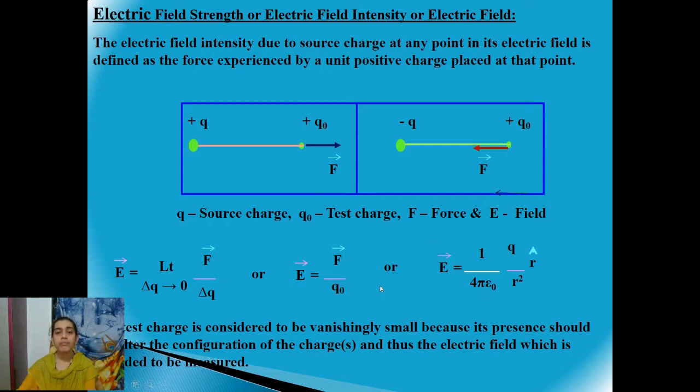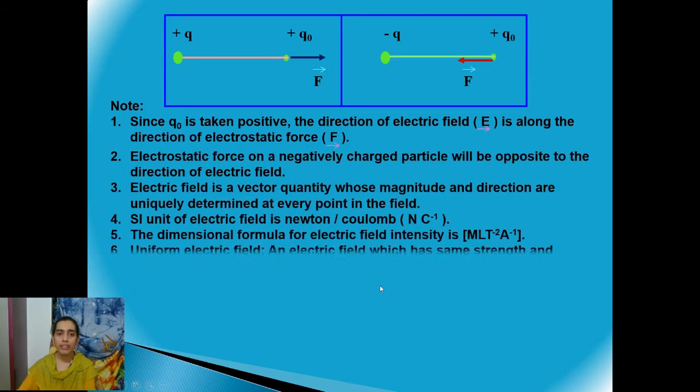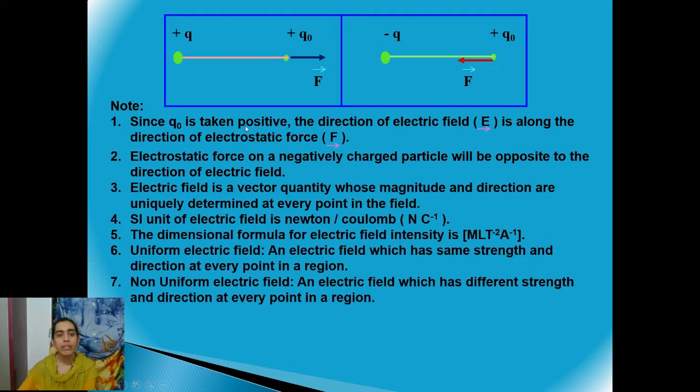Fine. Further, a few more important points you should remember relating to electric field. Let us have a look at it. The very first thing is, if you consider a unit positive charge placed near a source charge which is also positive, then what happens? Obviously you will observe an electrostatic force of repulsion. So the force direction will be away from the source charge, right? And in this case, the electric field direction will also be along the force direction, that is away from